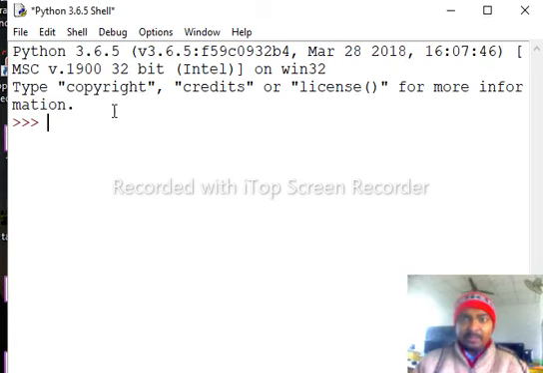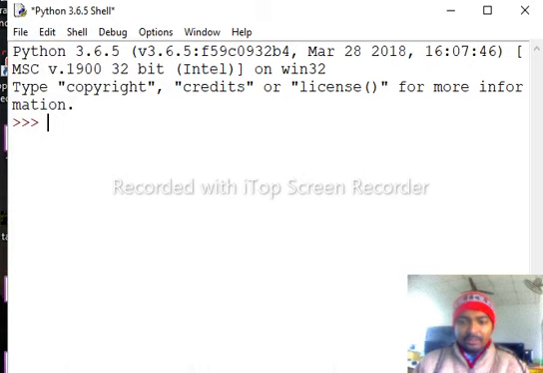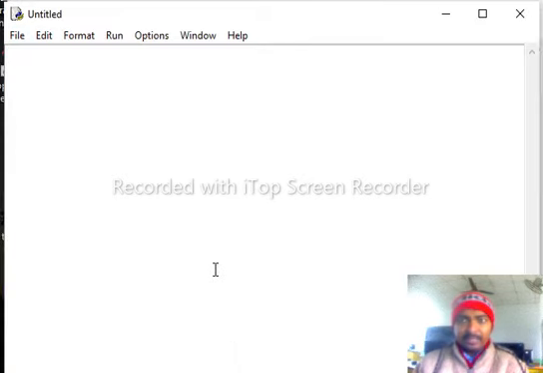First of all, open the Python shell. Ideally, select File, New, then it automatically opens a new file in script mode. Okay. Now,